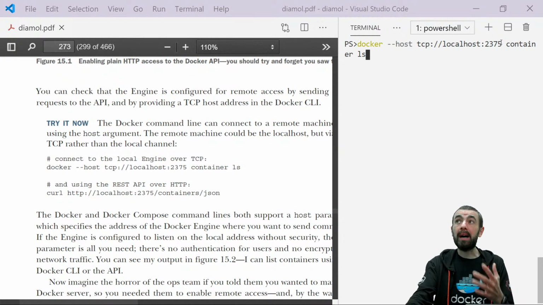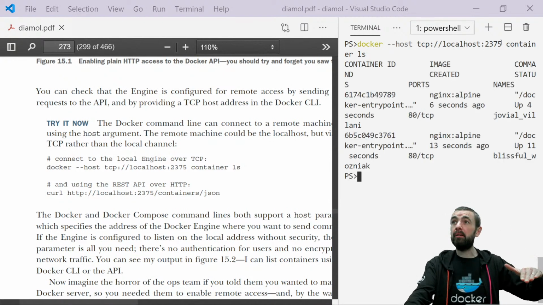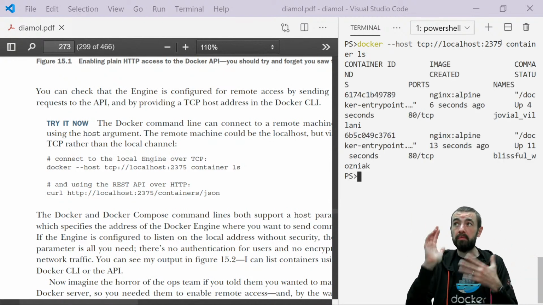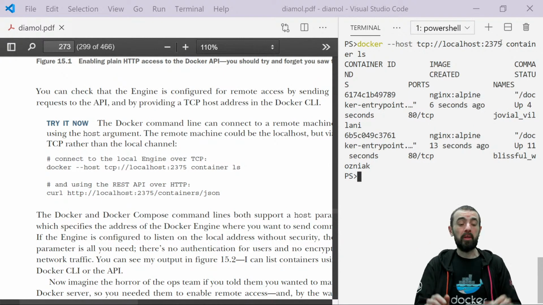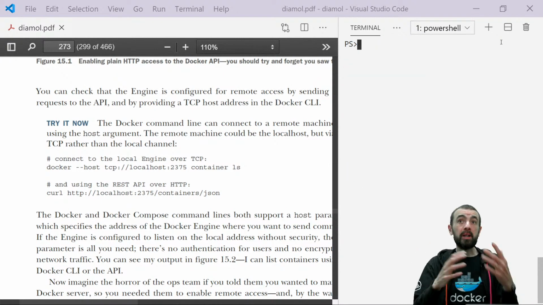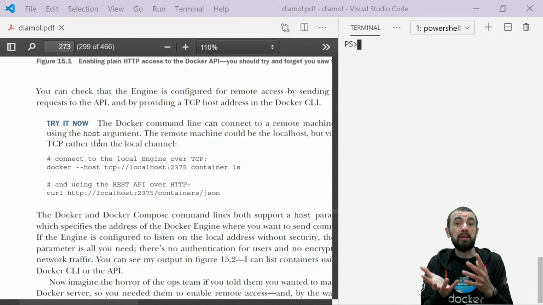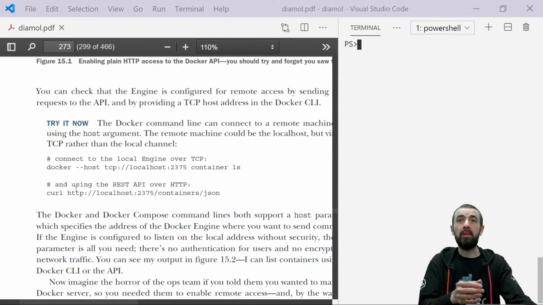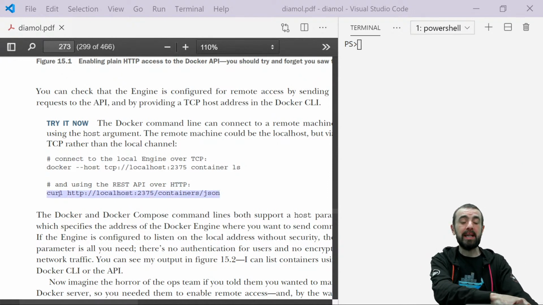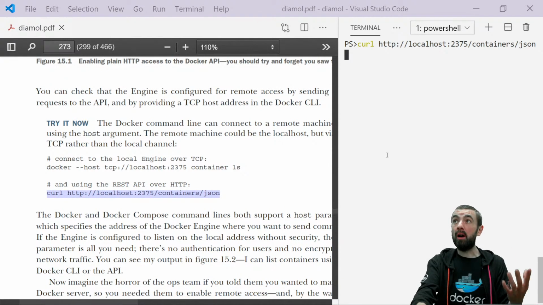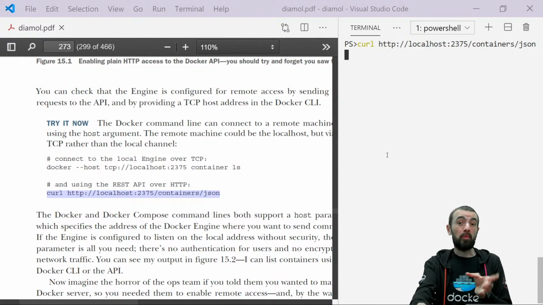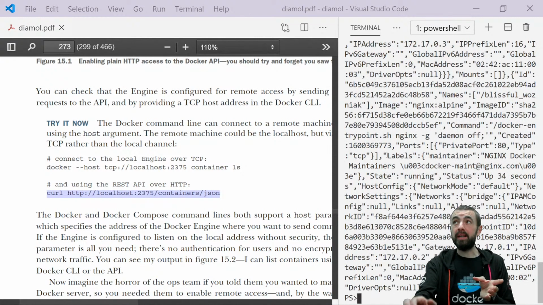So if I repeat that command, going through the TCP channel, then I can see those containers, the one that I exited and the one that I started detached. So it works in the same way, and of course it's just an HTTP endpoint. It's mostly RESTful, but there is a streaming endpoint as well. So I can just use curl on my localhost. /containers will give me the container list, and it's got this not terribly RESTful way of telling it what format you want it in. So I've got /json,